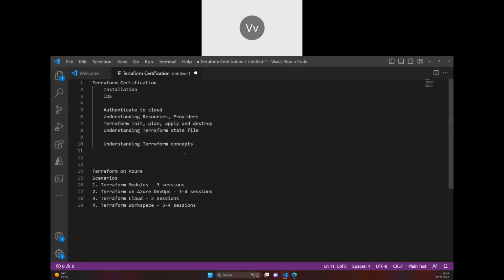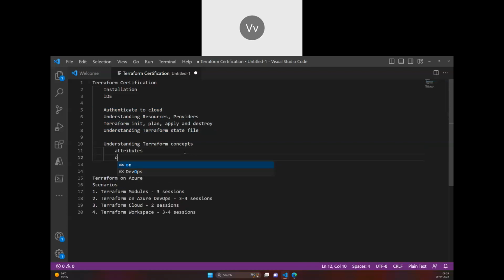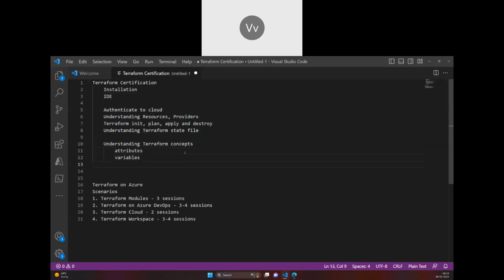And then we go into a bit more stretching on some aspects like attributes. So we give in Terraform some attributes. We give variables. When you go for variables, we assign some value to it, that is data type. So what types of data types are available in Terraform?